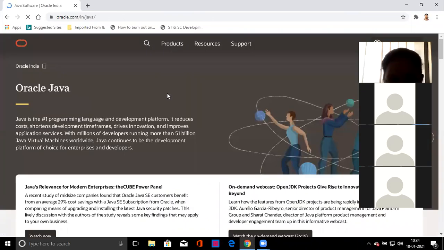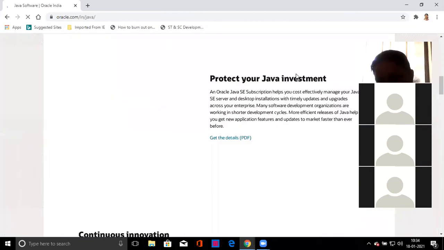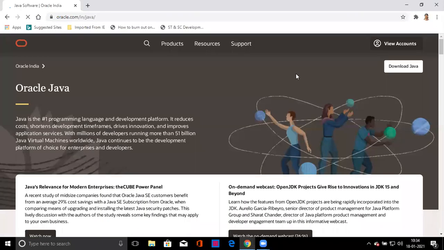So here Oracle Java comes. Download Java is showing on the screen. You have to click that download Java.